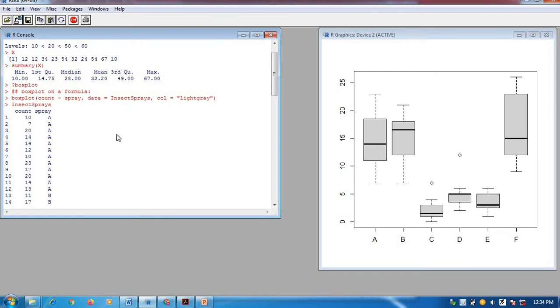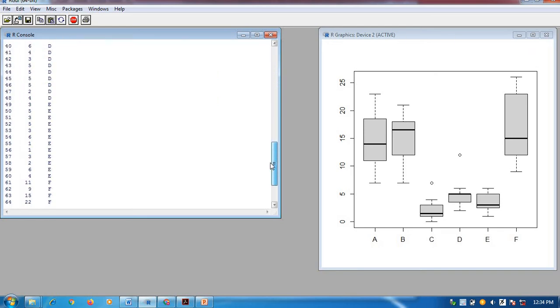You have different types of sprays, A, B, C, D, E, F, and for every spray you have a set of values. 12 values are available for every type of spray.